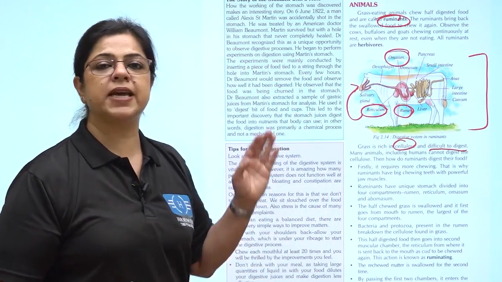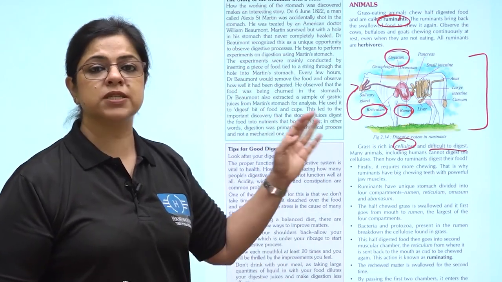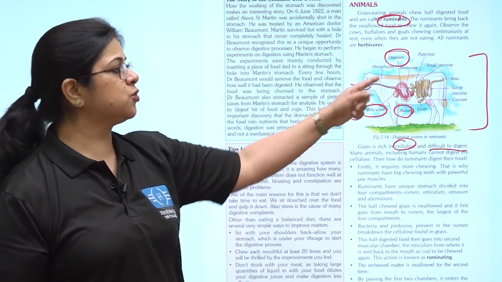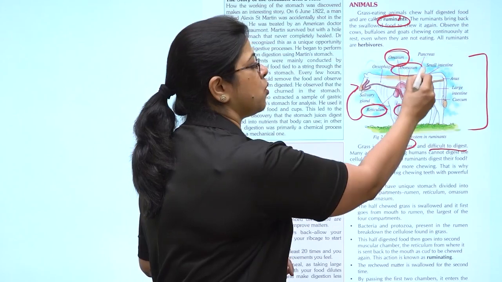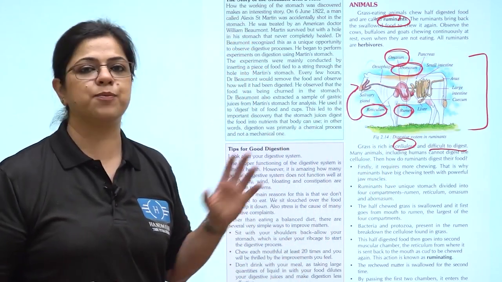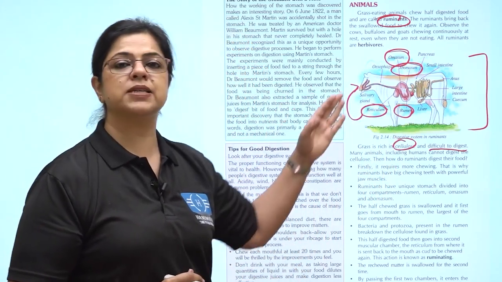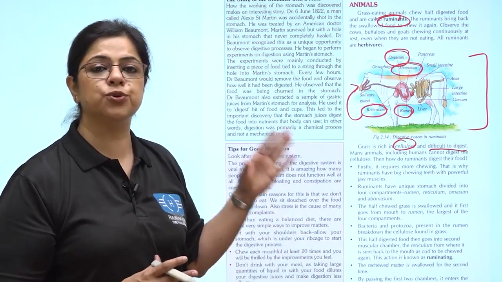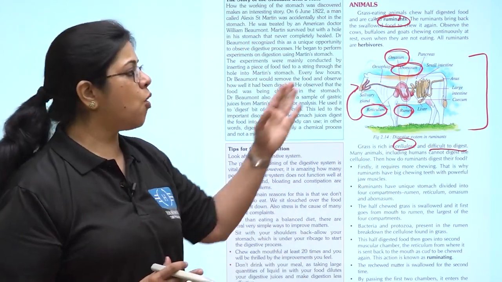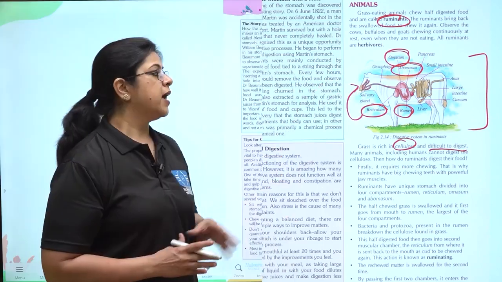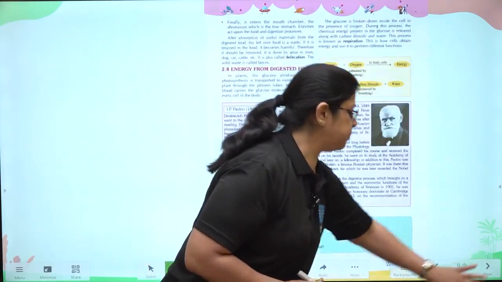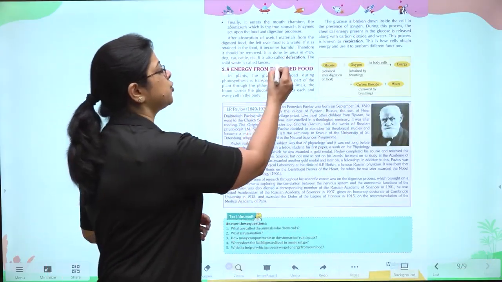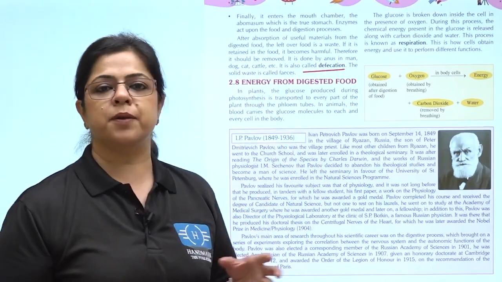Omasum absorbs the excessive water from this chewed food and sends it to the final compartment of the stomach, which is known as abomasum. Abomasum is the true stomach of the herbivores, because here, due to enzymatic action, all the food is broken down. And just like in human beings, the waste food is thrown out of the body by a process which is